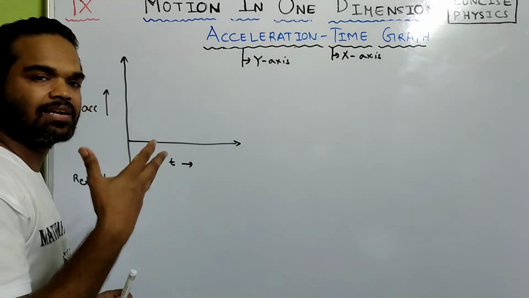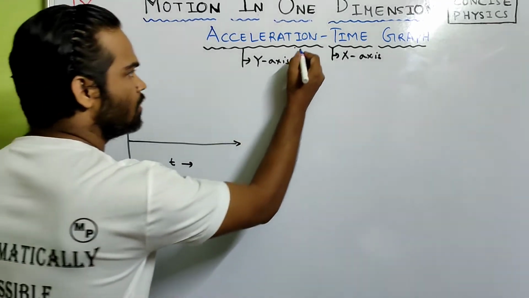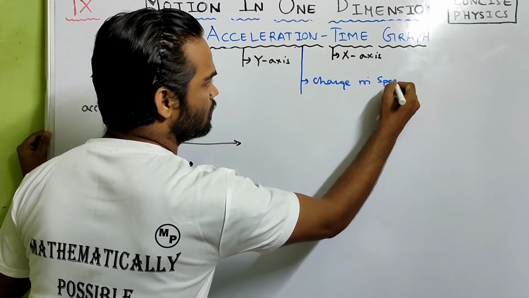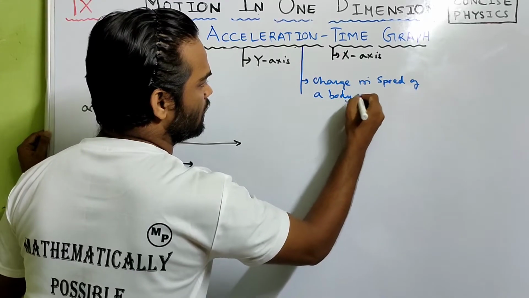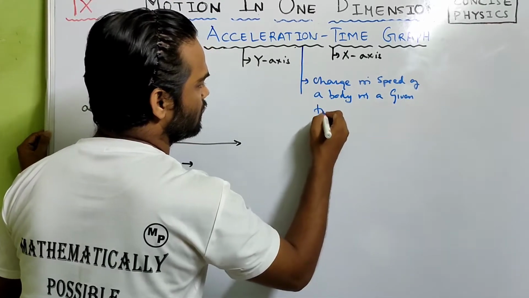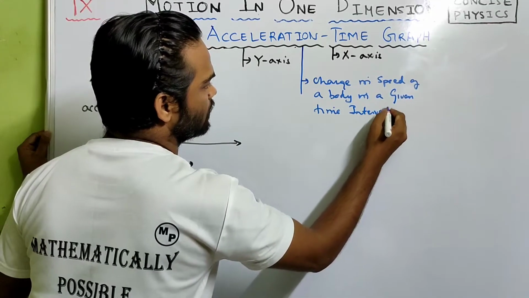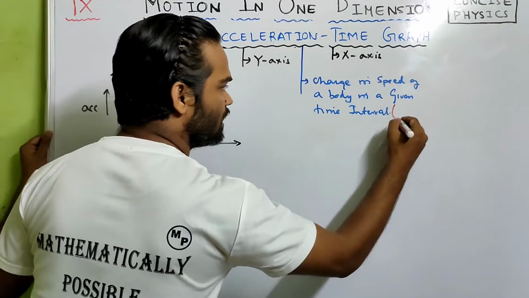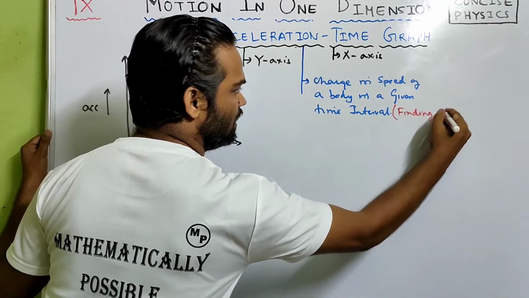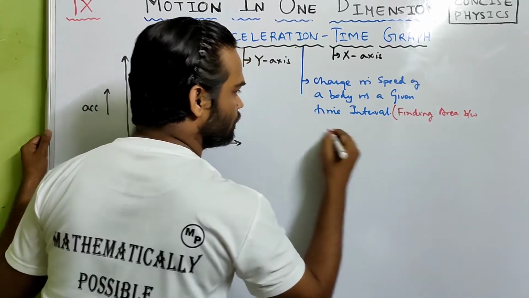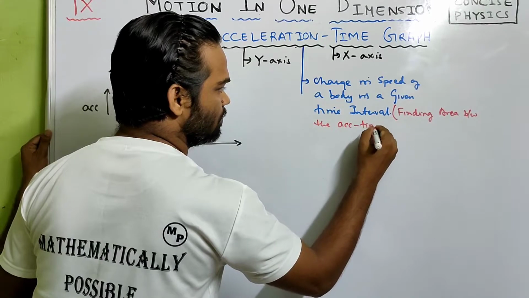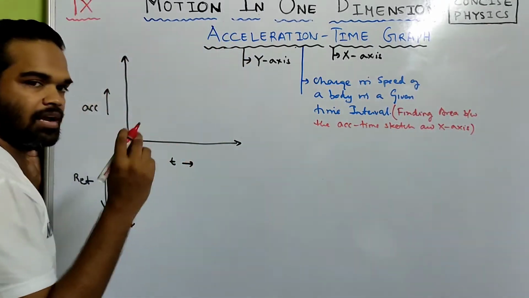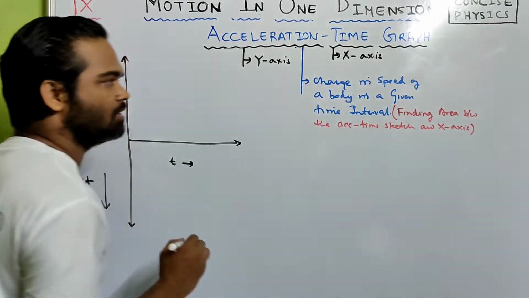Now what can we calculate from the acceleration time graph? We can calculate the change in speed of a body in a given time interval using the acceleration time graph. And how do you calculate it? Just by finding the area between the acceleration time sketch and the x-axis, or the time axis. If you find the area between them, that will give you the change in speed of a body in a given time interval,